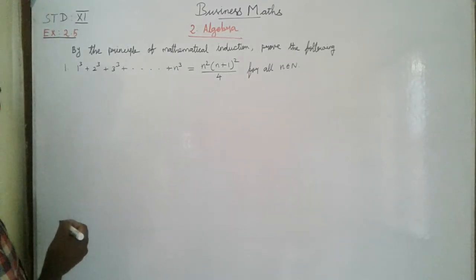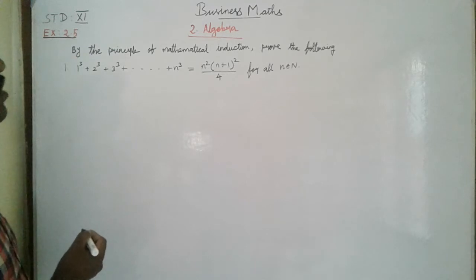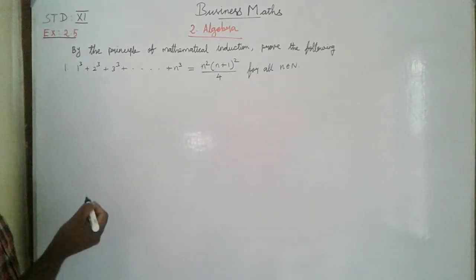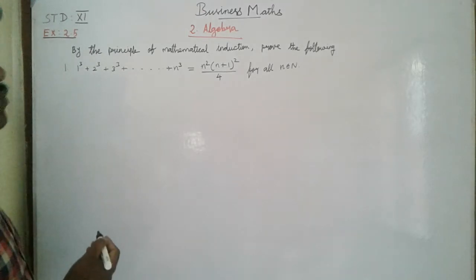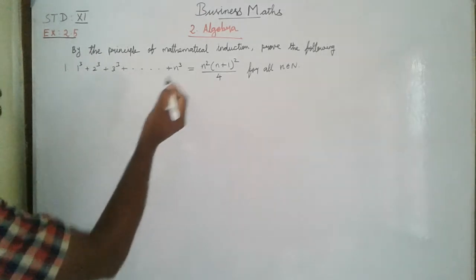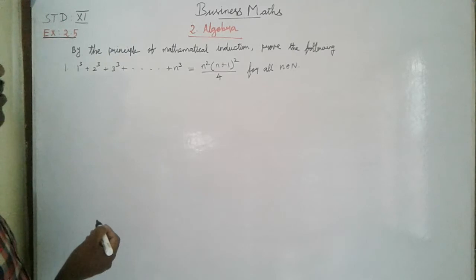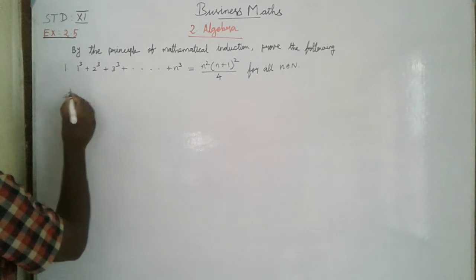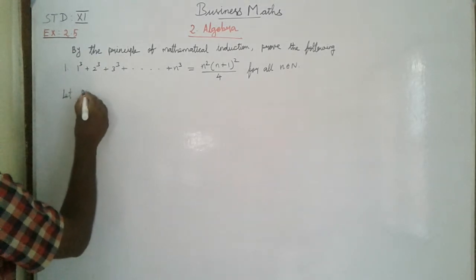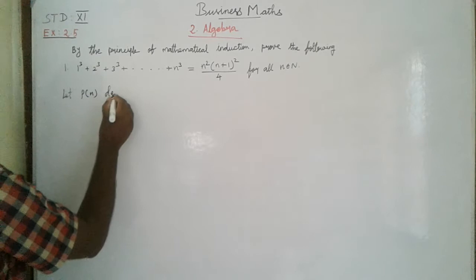By the principle of mathematical induction, prove the following. The first sum: 1 cube plus 2 cube plus 3 cube plus etc plus n cube equals n square into (n plus 1) whole square divided by 4, for all n belongs to N. Let P of n denote the statement